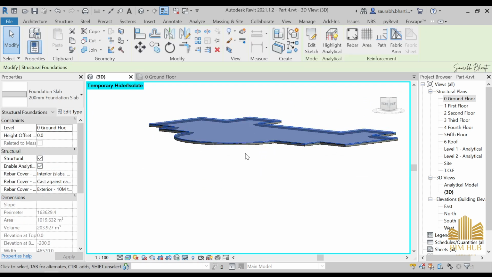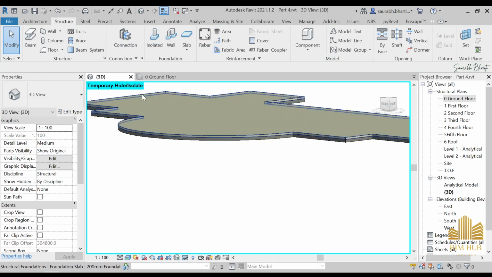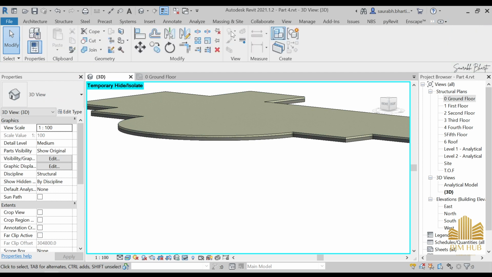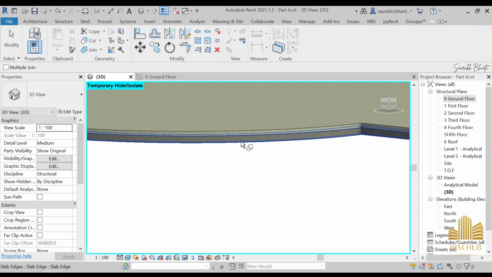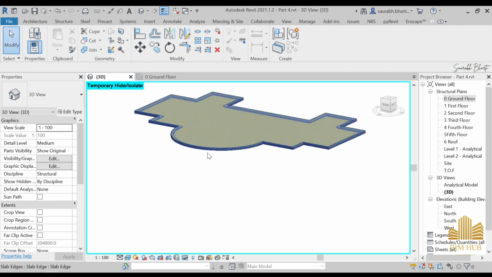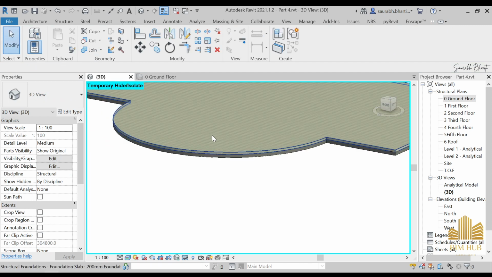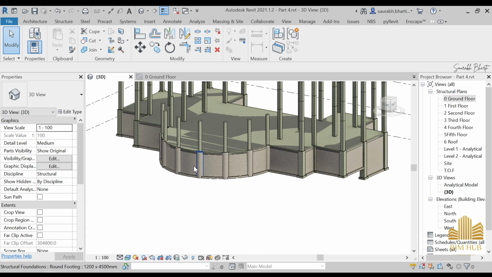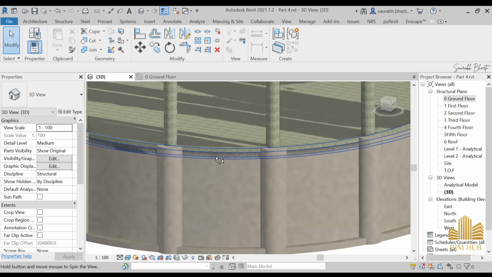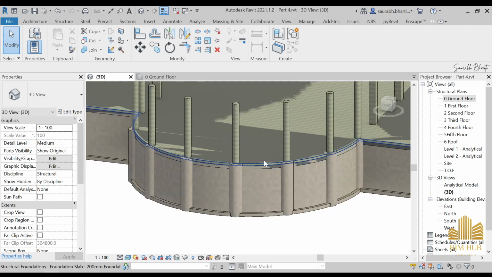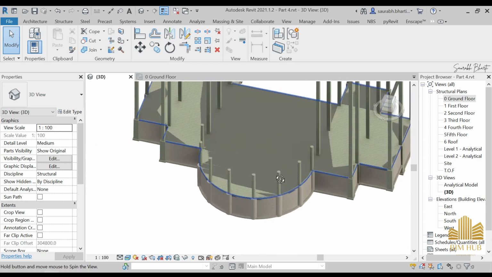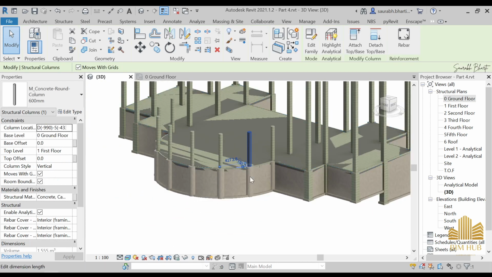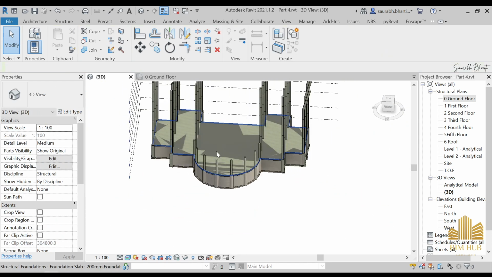What we can do is just select this part. Go to modify from here, then go to join, then join this part and this part, and now it has been joined. So this is one part. Then just press HR on your keyboard, and now you will get back everything. And as you can see, this is overlapping over here, so we cannot do anything about this overlapping. And anything else? No, I don't think so.